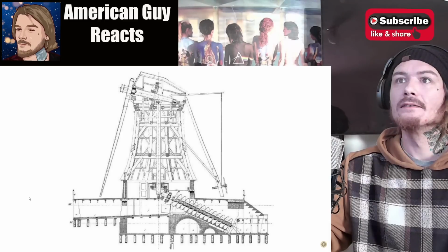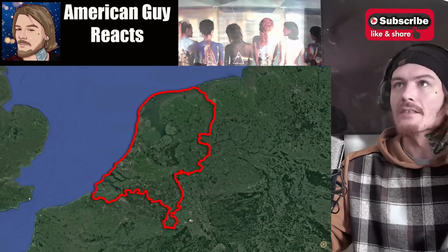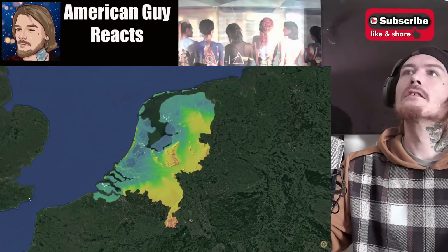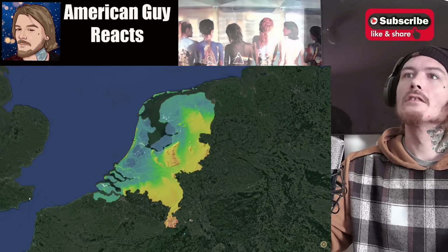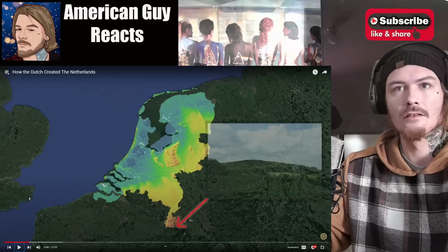But it hasn't been easy. It's taken generations of engineers, many failures, and at least 600 years worth of experimentation for the country to finally be winning its war against the sea. The country sits on the coast of the North Sea and is extremely low in elevation, the lowest country in Europe. The Netherlands doesn't even have a